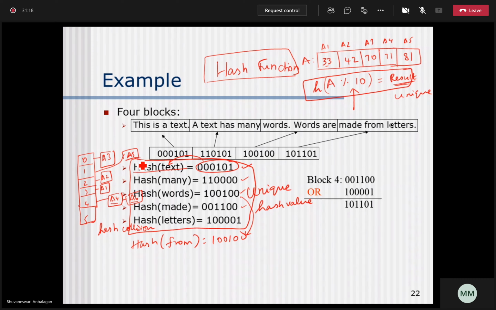So it is up to you to give some unique values and you can proceed with that. In other situations, the hash values for every word will be given to you, and in the next stage, they will ask you to find the hash value for each block. For each block, you have to create a hash value.